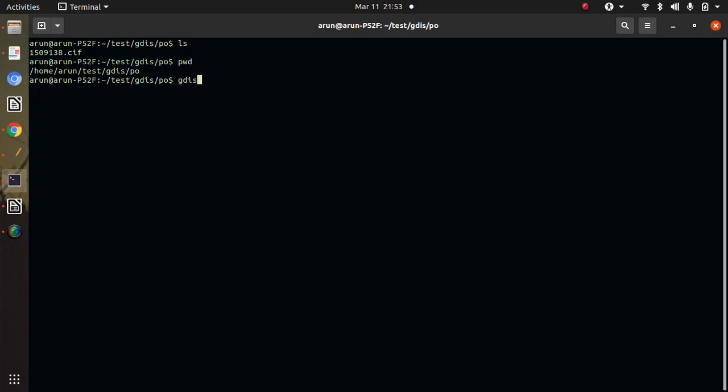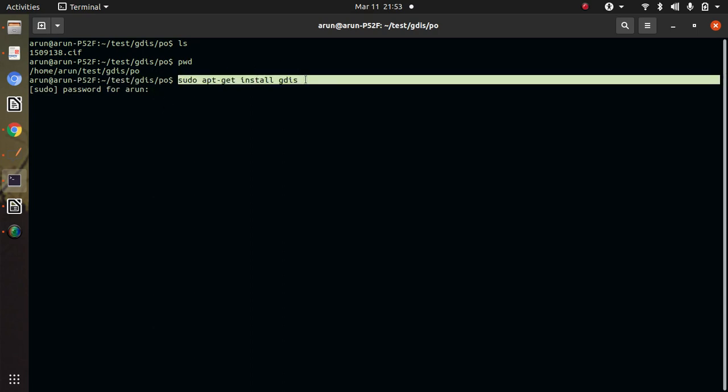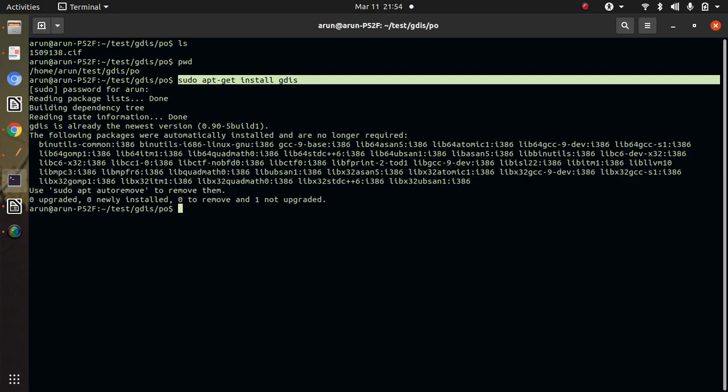First of all, this is the command gdis to run GDIS. This is the command for installation in Ubuntu. So this is already installed.